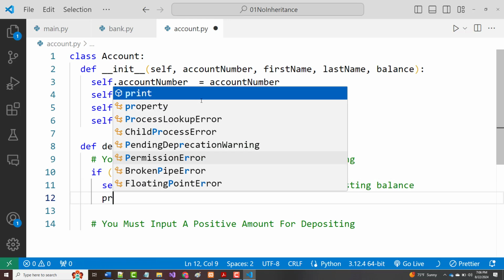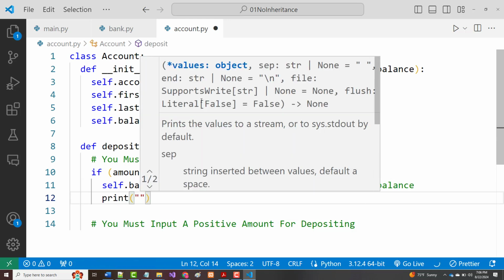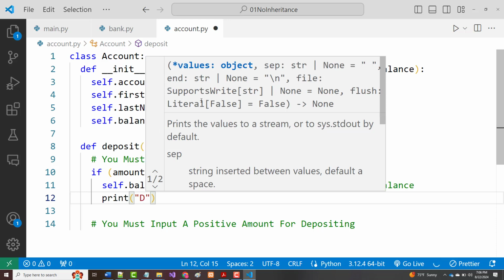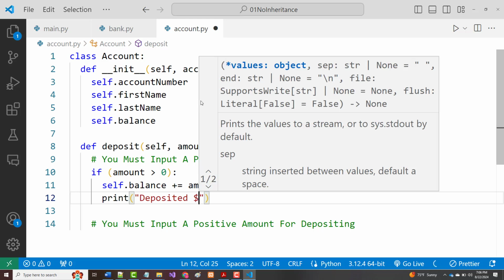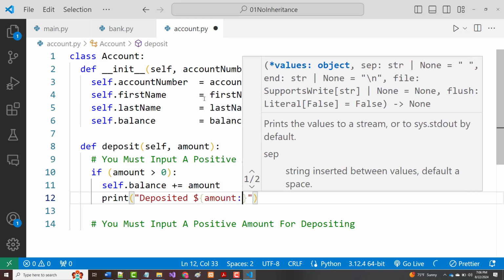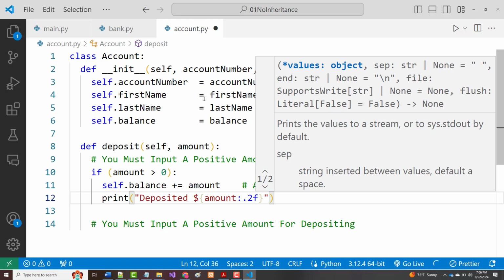All right, print "deposited", and we'll put the amount that they deposited into account number